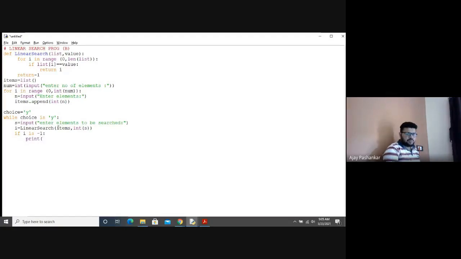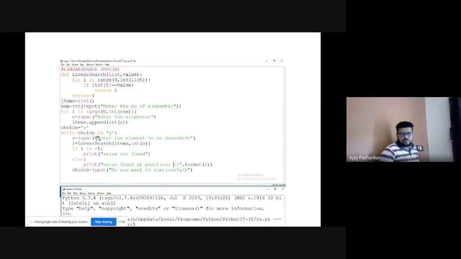Basically, your -1 returns no value. Else print value found at position, and formatting is there.